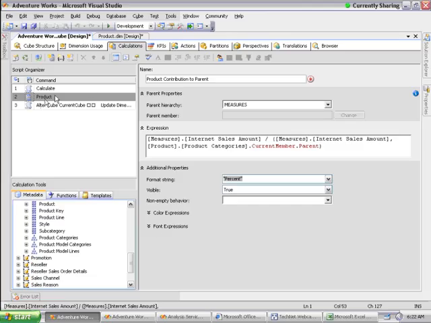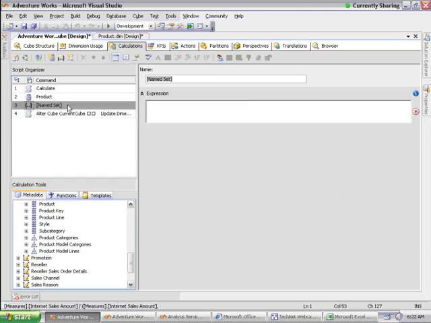Okay. So let's try to create another kind of calculation. It's called a named set. Now, a calculated member is actually adding a new member to the dimension that did not already exist. What a named set is doing is not adding new members, it's not augmenting the dimensional space. All it's doing is zooming down the list of members in the dimension to a set of members that's potentially interesting to a set of users. So let's say for products, an obvious thing that people might want to ask is, give me the top 10 list of products by their sales. So what we can do is create a named set called top 10 products,